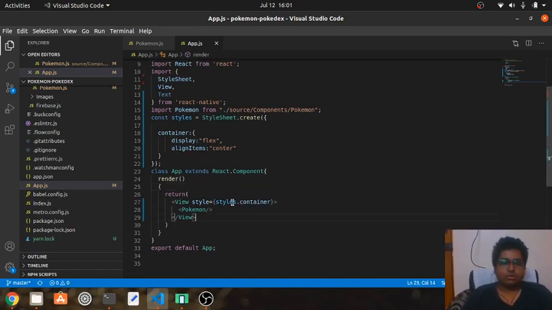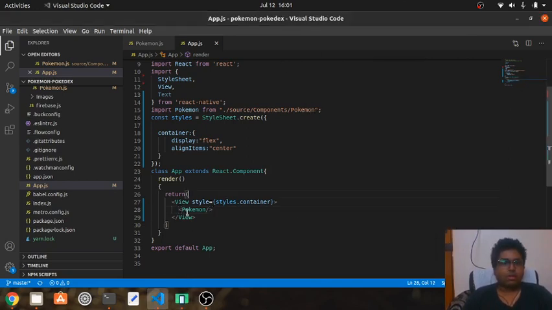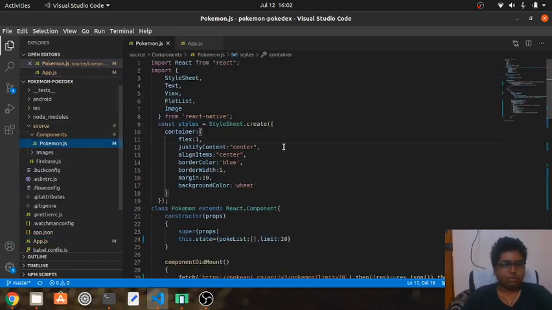The view in here is basically this view that we are seeing, this screen view. And I've imported this Pokemon component that I've placed in the folder sources under components, in Pokemon.js.